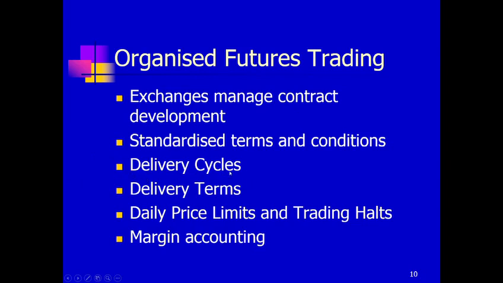Futures contracts have what are referred to as delivery cycles. What is a delivery cycle? Well, it basically means that, as with options, futures contracts only live for a certain period of time. Let's say they only live for 12 months. Just before the contract expires, the exchange will create a new contract, and that contract will live for another 12 months. So you have what we call a cycle.